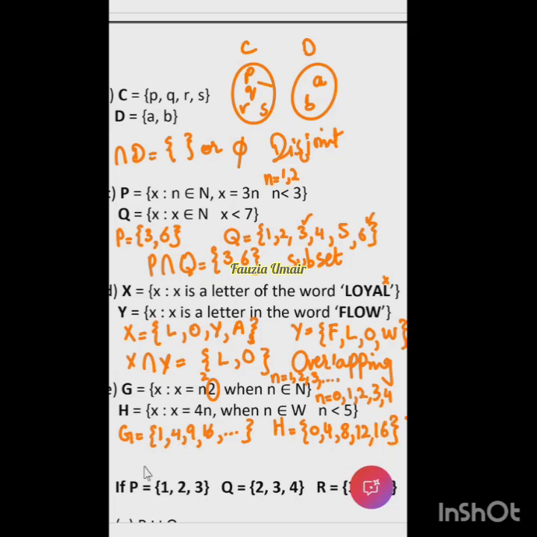So now what is G intersection H? 4 and 16. And what kind of relation are these sets having? Overlapping. Overlapping, right? So G intersection H is